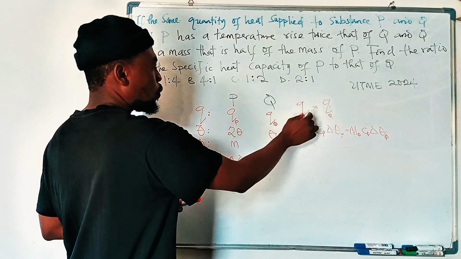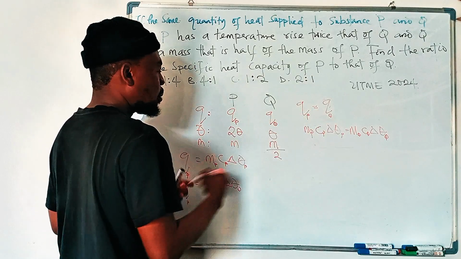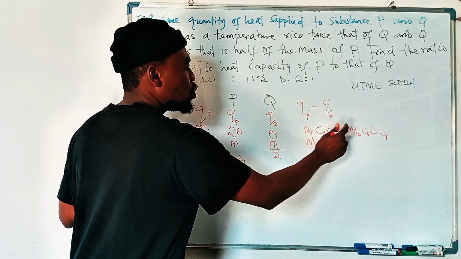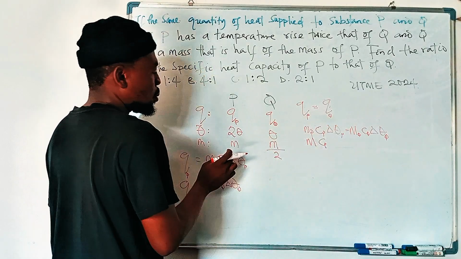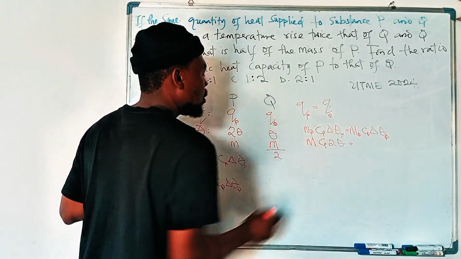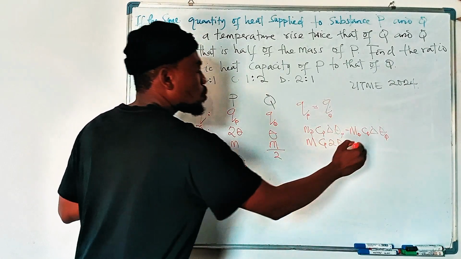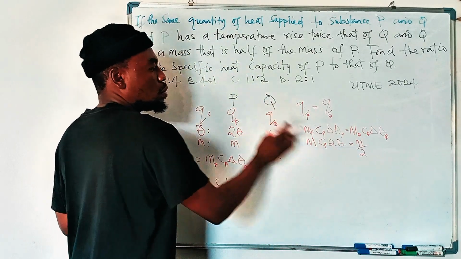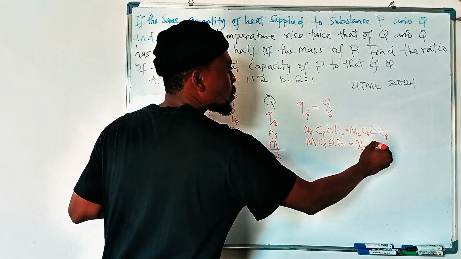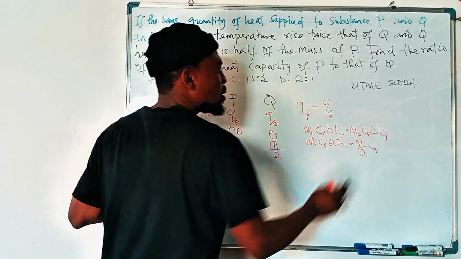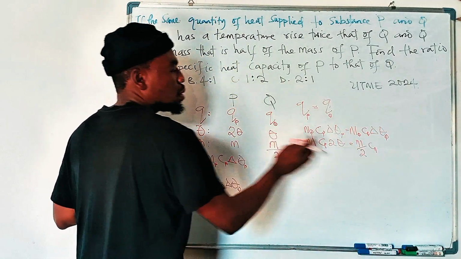M for P is M. So M, I still have my CP. Change in theta P. What is the change in theta P? We have 2 theta, equal to M for Q, this is what? M over 2, right? For Q. And then we still have our CQ. Change in theta Q is theta,